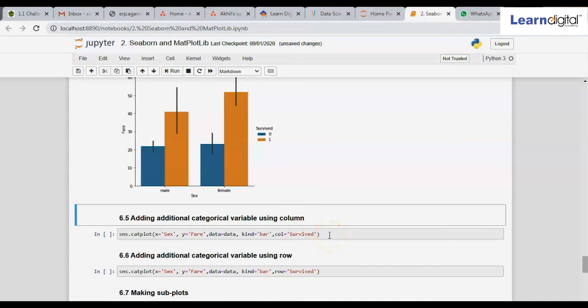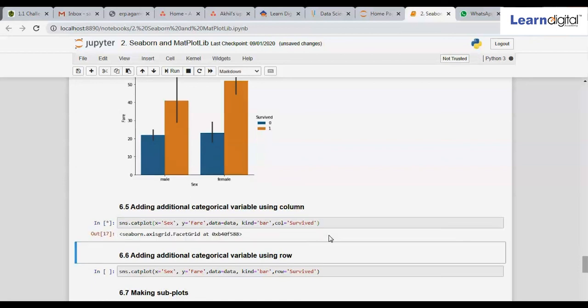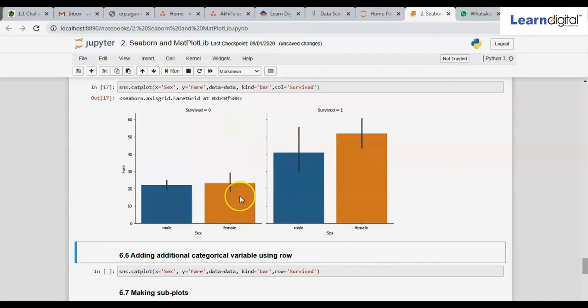Before that, let me explain by using this code and executing it. As you can see, there are two graphs, since there are two values for survived, that is 0 and 1. When it comes to 0, there is one graph with male and female, and when it comes to 1, there is one graph with male and female. So this is how you can use the col function.